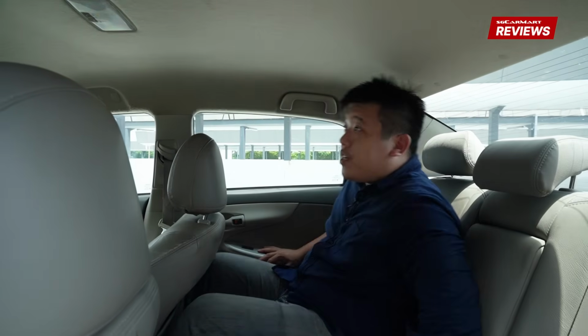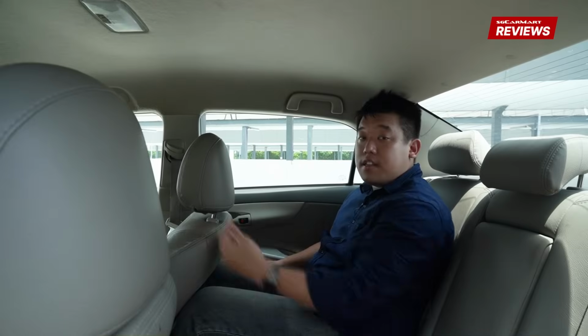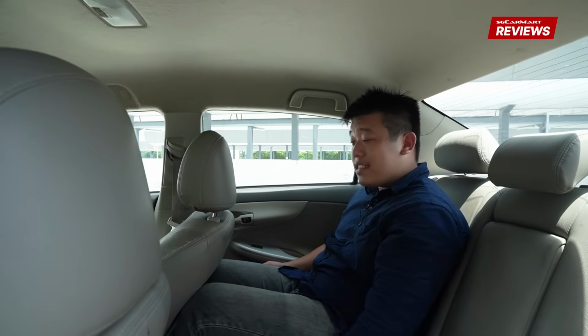Now over in the rear of the Altis, I'm 1.75 meters. You can see this is the head space and this is the leg space. Now this is adjusted for my comfortable driving position. As you can see, there's not much space, but something to remember that this car of 14 years ago,